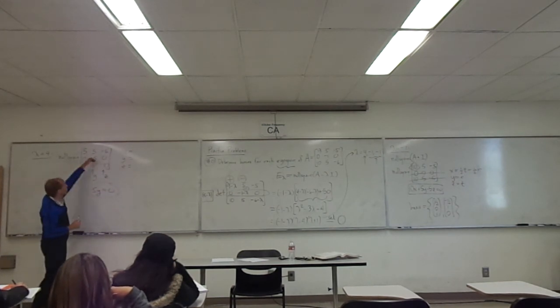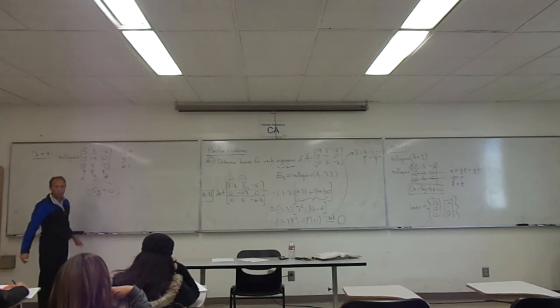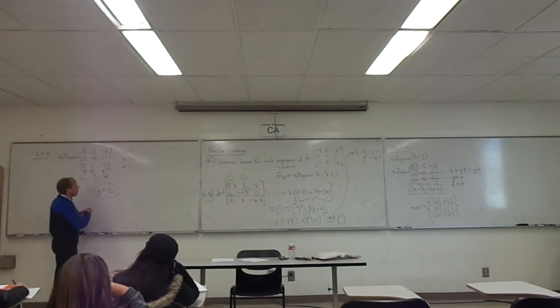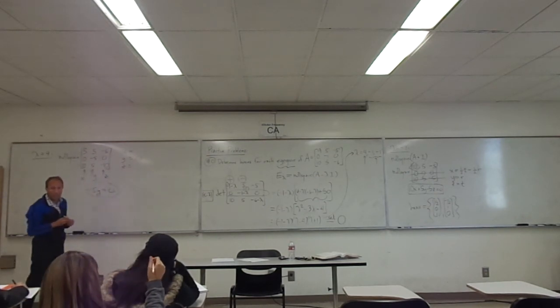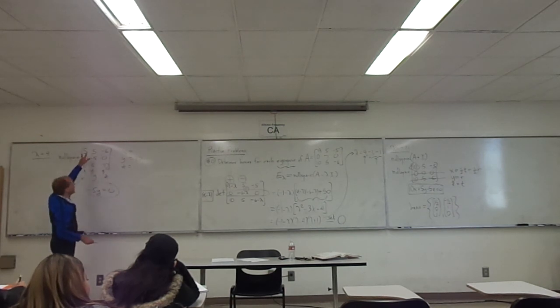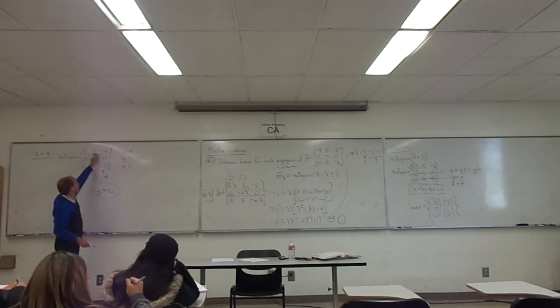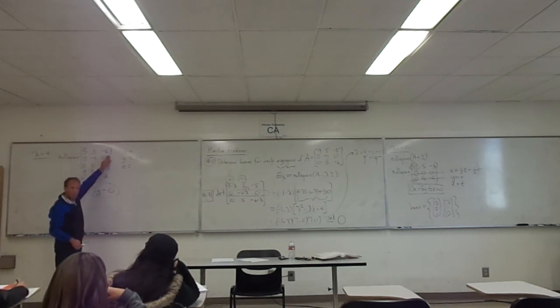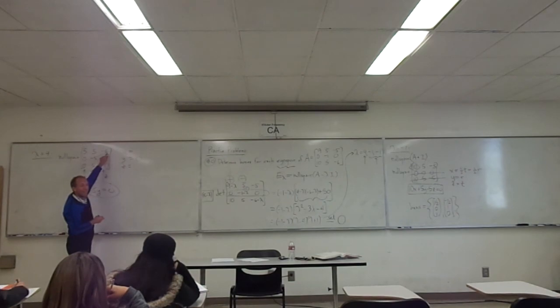That middle row just reads negative 5y equals 0. There's no x and there's no z because of these zeros. Okay, it's really an equation. So y is 0. We can put that in immediately. Now the minute that y is 0, then when I start thinking about, for example, the top equation, it looks like there's going to be 3 terms to it, but do I need to worry about all 3 terms? No, because the middle term is going to be multiplied by 0. So it's really just the 5 and the negative 5, right, that I'm going to